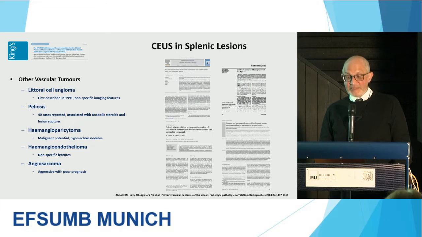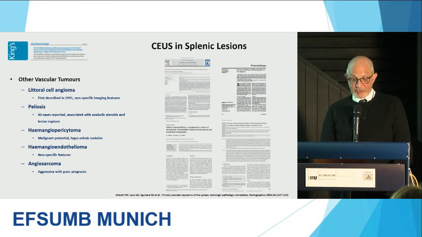Other vascular tumours are even rarer than what I've demonstrated to you. The littoral cell angioma, peliosis, hemangiopericytoma, hemangioendothelioma, and angiosarcoma. I've only ever seen one of these, and that's an angiosarcoma. I've not seen any of the other lesions, so don't go away again thinking that this is the diagnosis that